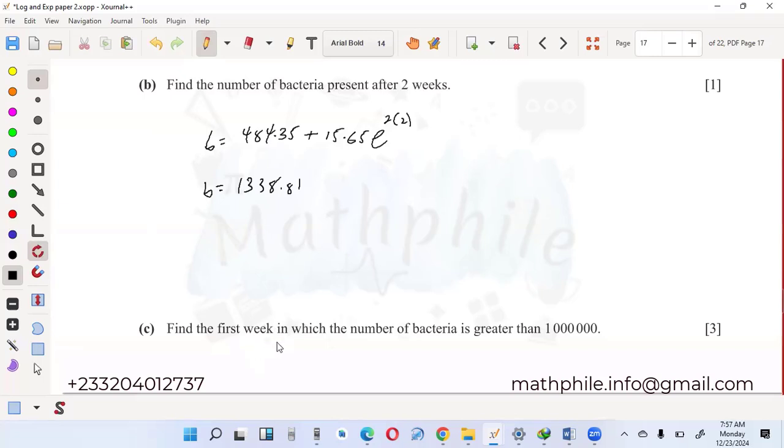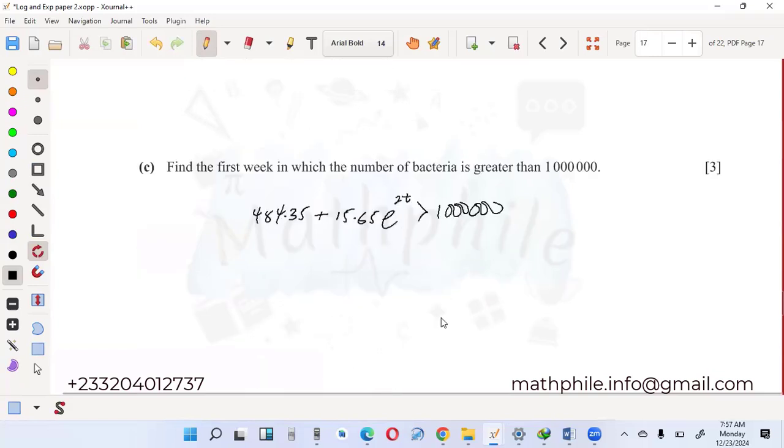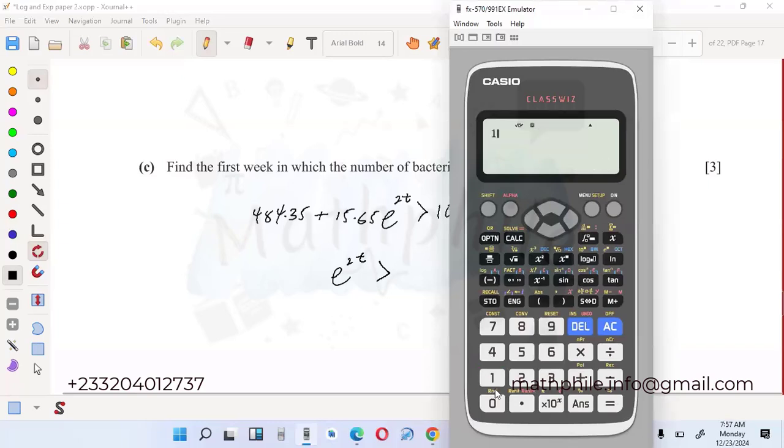Find the first week in which the number of bacteria is greater than 1 million. So the number of bacteria is greater than 1 million. We should be able to solve this one. Move this to the other side, divide by 15.65, then solve for that. e raised to the power 2t is greater than 1 million,